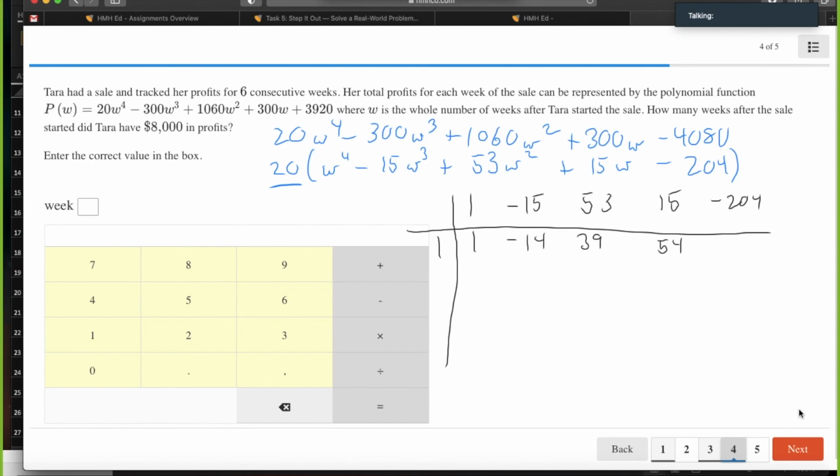54. And then 204 minus 54. Negative 151. So we go into 2, bring the 1 down, 2, negative 13. So that times 2 is a negative 26. 53 minus 26,